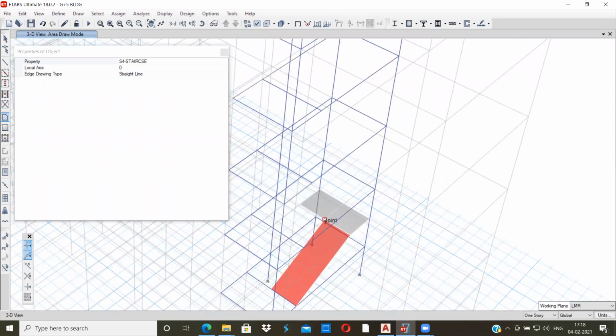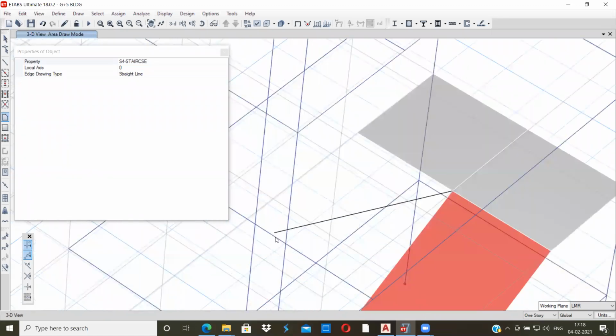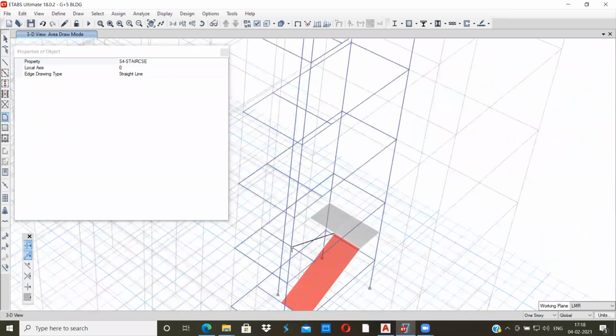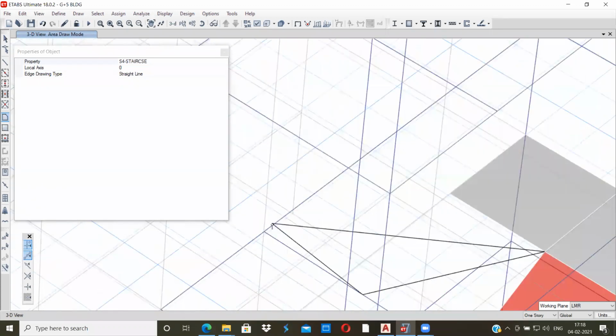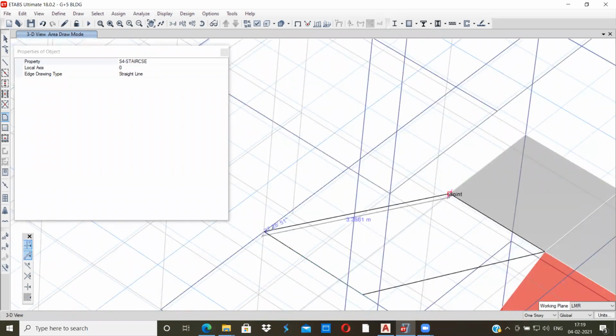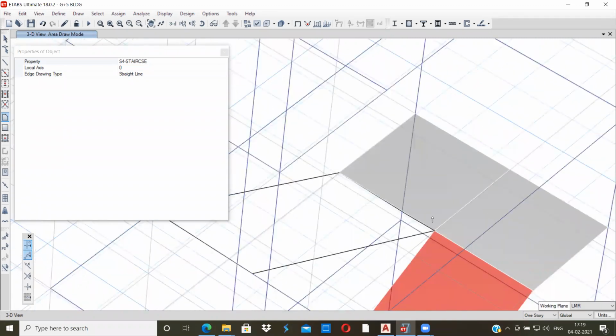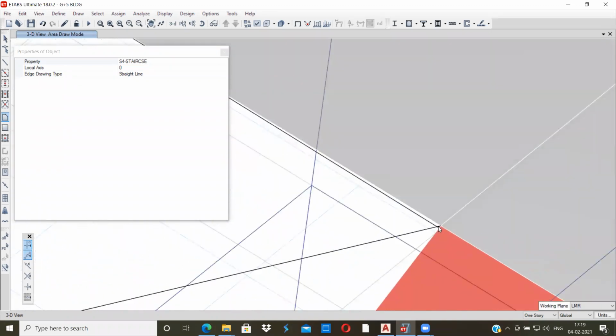Now I will model the second flight. You should be careful here, to the middle of this. While modeling the staircase, you need to be a little careful.